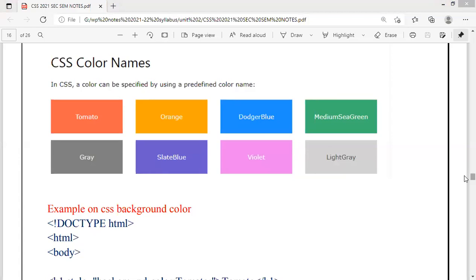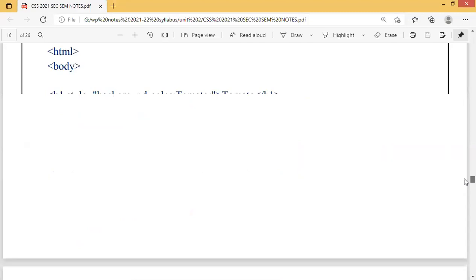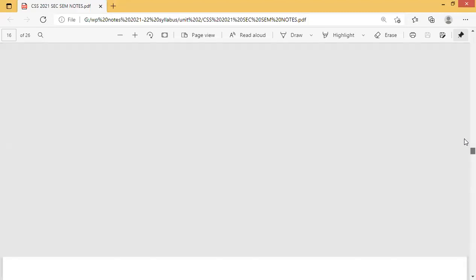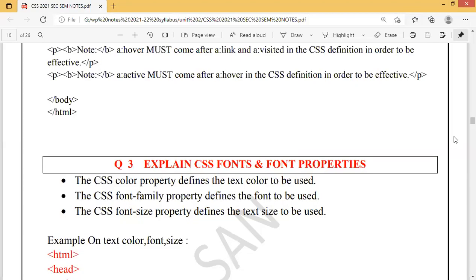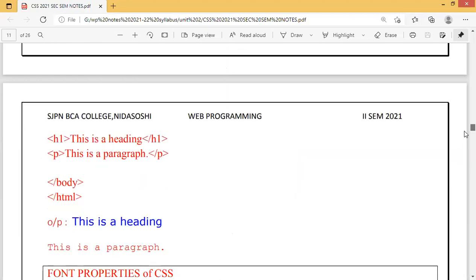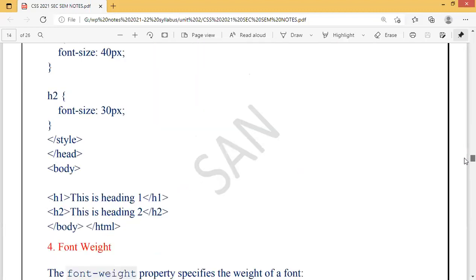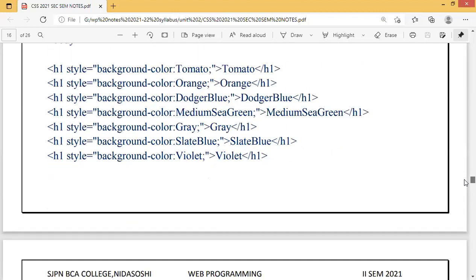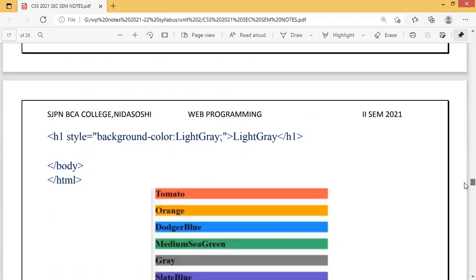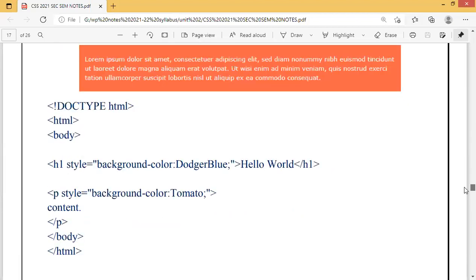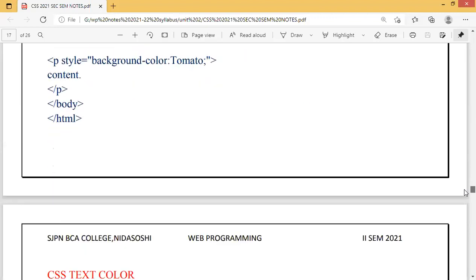So this is what we learned today, CSS colors. This is background color, about applying the background color for different elements.